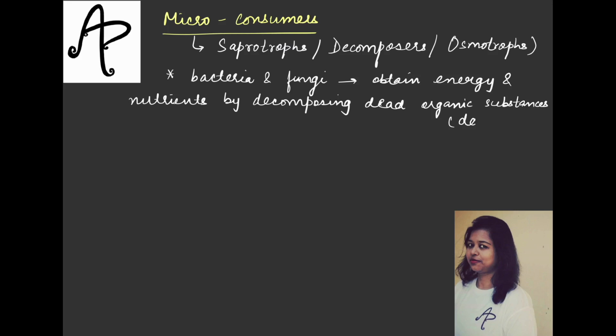substances. जिनके लिए term use होता है, you should be very clear about these terminologies in the examination. You never know, maybe they just ask you the question on the terminologies and the meanings. So in that case you will directly fetch 2 marks if you know the basic terminologies, definitions, etc. So the dead organic substances, ठीक है, इनको बोलते हैं detritus. तो जब ये decompose हो जाते हैं, इनको decompose करके जो energy obtain होती है वो consume किया जाता है by bacteria and fungi. Therefore they are called as decomposers also. So dead organic substances of plants and animal origin.